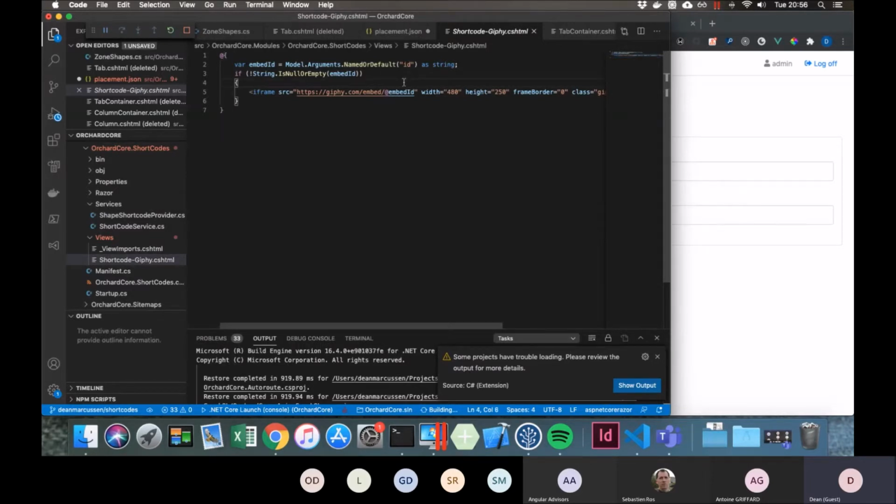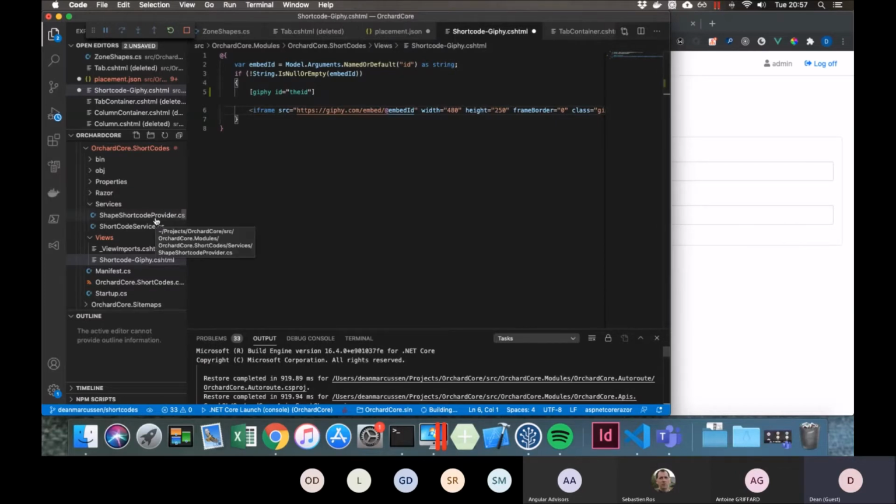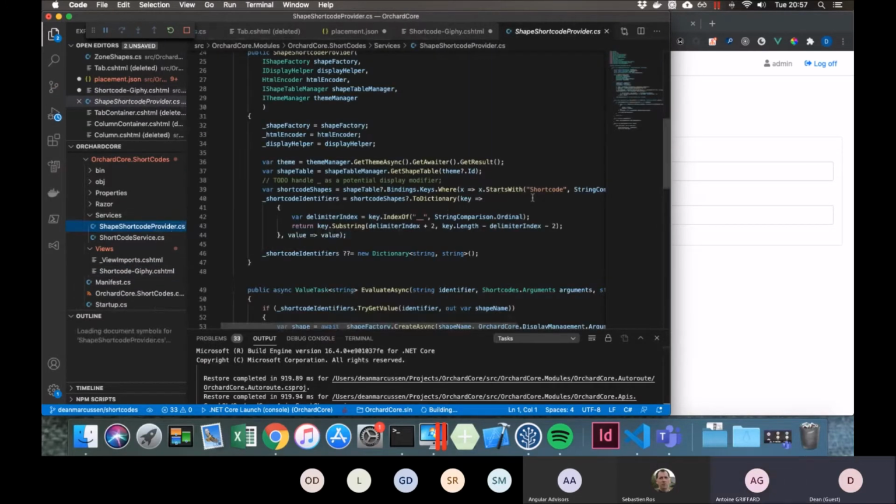So while we're waiting for all that to load and before Sebastian has to go, you would use this one, if I can spell anything correctly. Like this one would be the usage of it, and you can use that in any of the HTML fields that we're supporting shortcodes in. I decided to go with shapes because it was a reasonably simple provider to do it. It just harvests anything that's a shortcode and makes them available to